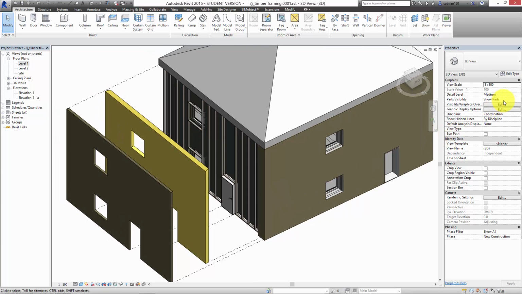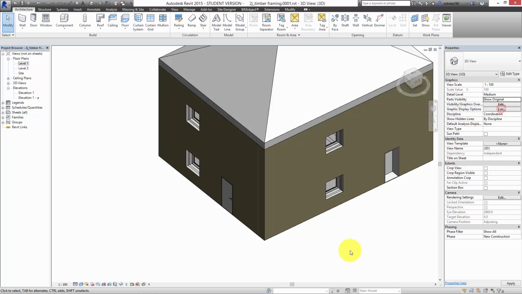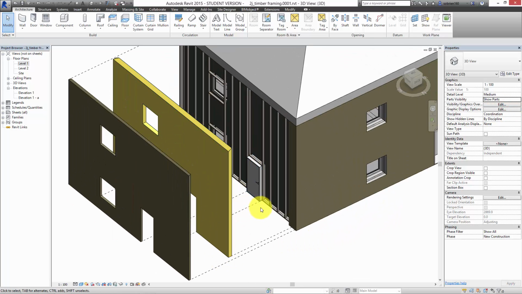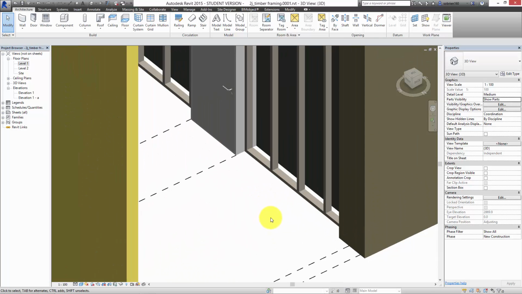If I go back to the properties of the view over here, and I switch from show parts back to show original, it's exactly the same as it was before. So it only changes within the actual drawing that you're looking at. So I just go back into show parts at the moment. So you can continue to go around and use the